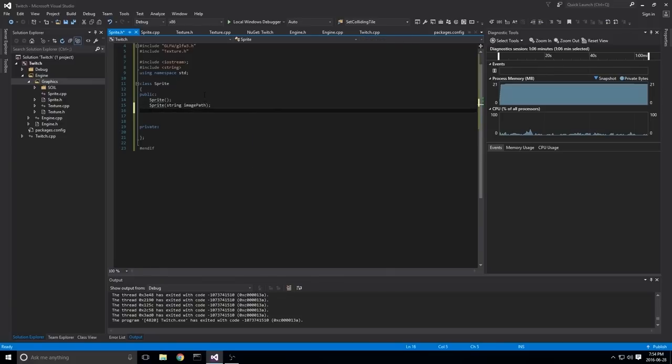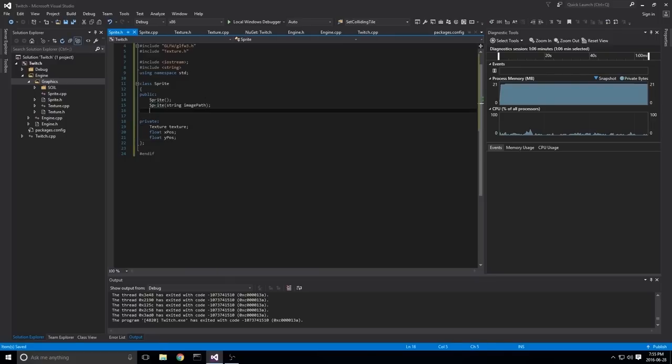And now again, our Sprite, what are we going to keep track of here really? We're going to keep track of a couple of things. Really, our texture that we're going to be using is just an instance of the class that we just created, and then we'll give it a position. So we'll keep that in float, I guess makes more sense. So we'll call it x pos and y pos.